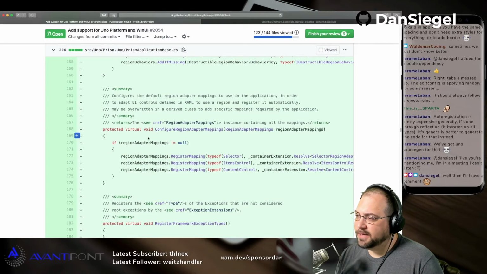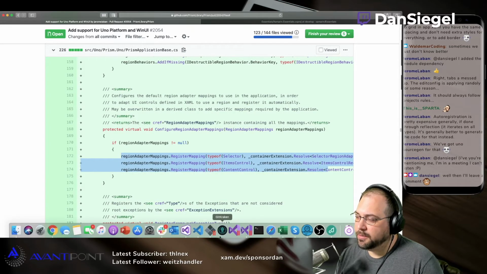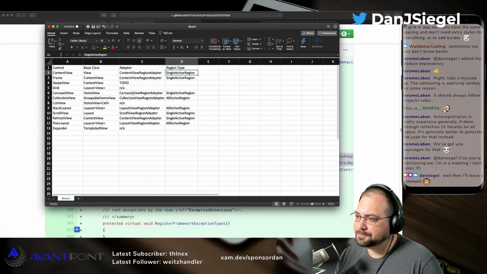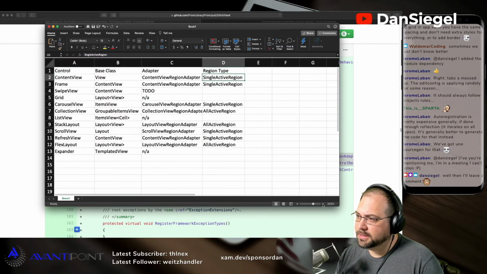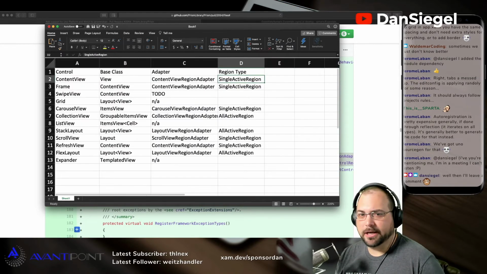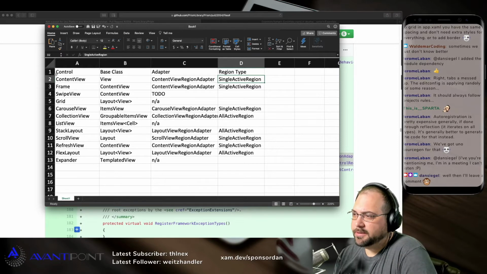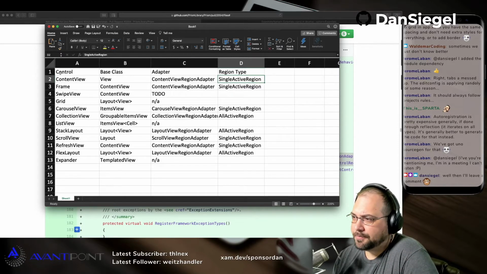I find it so funny that there's like 3 mappings here. Okay, so I'm going to bring up this Excel spreadsheet. I was putting this together. I'm going to make it a little bigger here for people, in case you're blind like me. There you go. So I was going through this over the weekend because, like I said, I'm working on regions